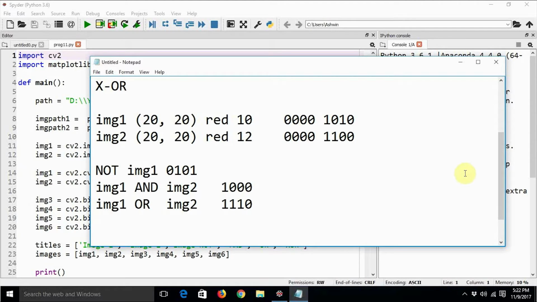Now we are going to see a real life example of how this is going to work on 2 images. These are multi-channel color images. They have 3 channels, red, green and blue. Just like this example, which illustrated how it operates on a single channel of a single pixel, all these operations are going to apply on all the channels and all the pixels. So we are going to get the resultant images. Let's have a look at how this works.